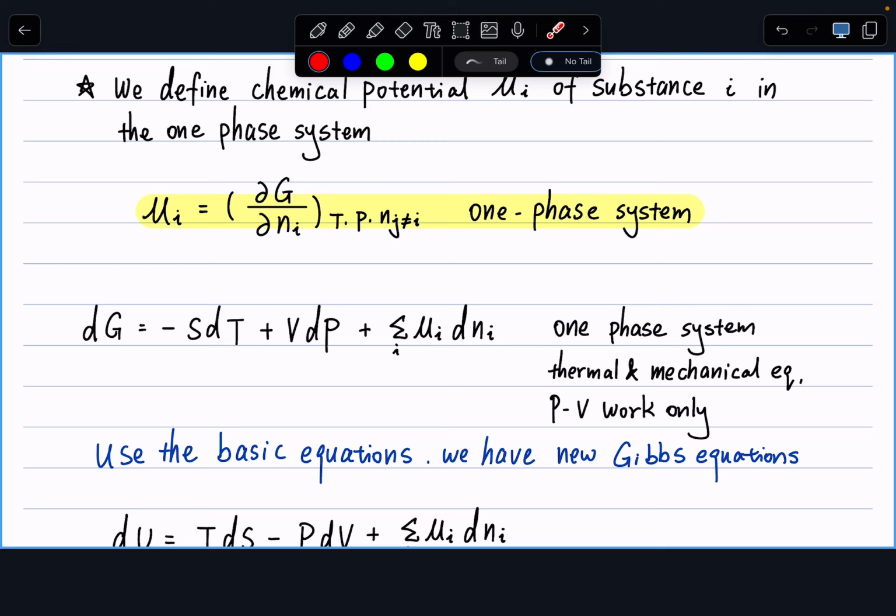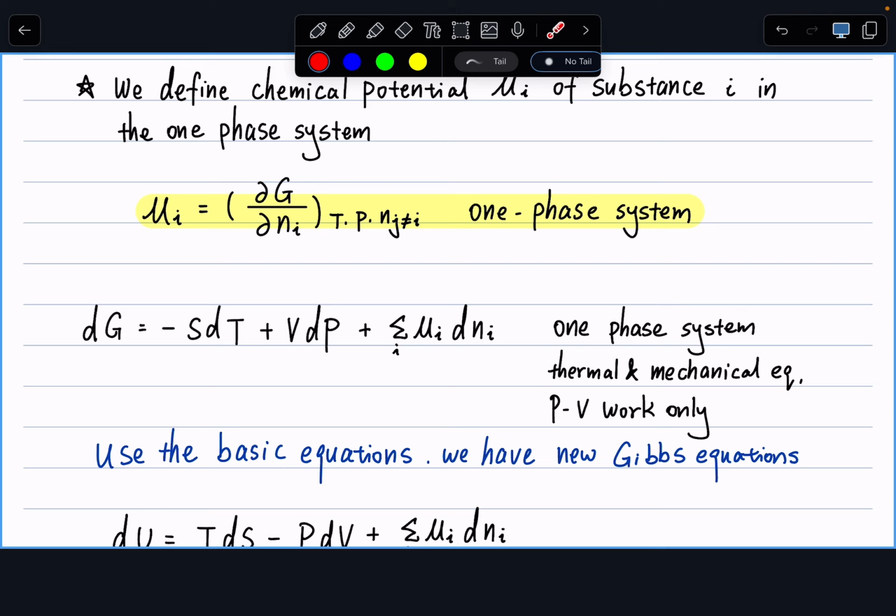So with that in hand, obviously we can do the same for the rest of the Gibbs equations, just using the terms of thermodynamics and the definitions of thermodynamics. So for example, if we look at my dH here, H is by definition equal to G plus TS, or the same as saying Gibbs free energy is by definition equal to H minus TS. These two are the same. Now we can write dH to be equal to dG plus d(TS), and my dG is given here.